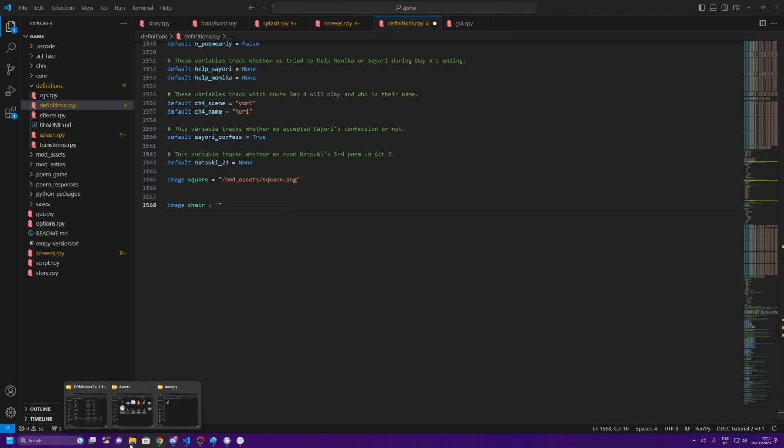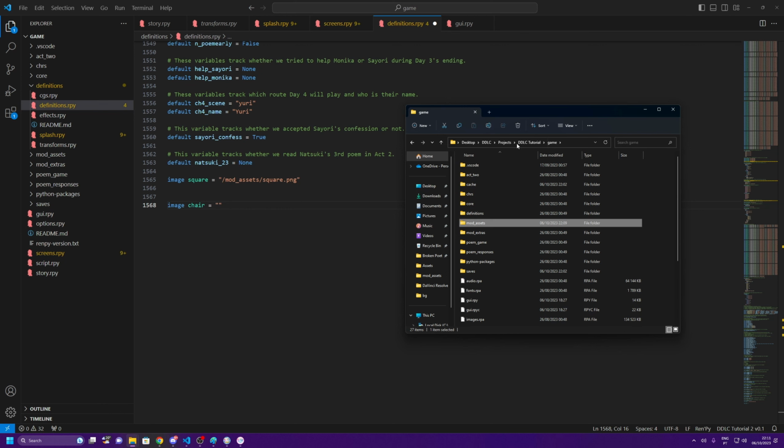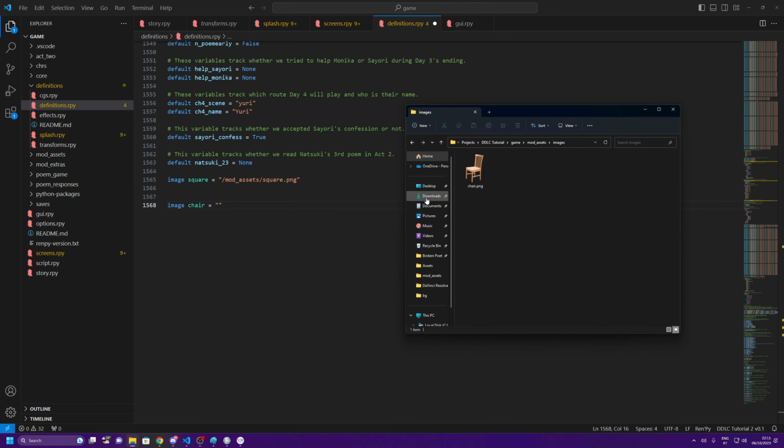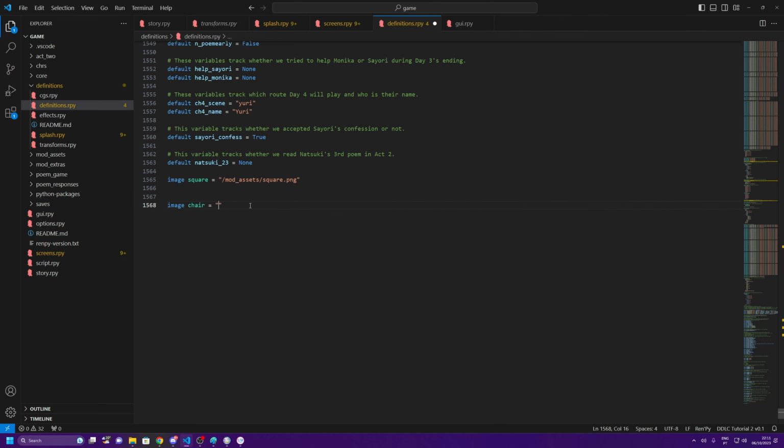What I mean by this is if you go here to your game folder, you want to put the path to the image from here. So from here, to get to your image, you do mod assets, images, chair.png. So that's what you're going to add here. Mod assets, images,